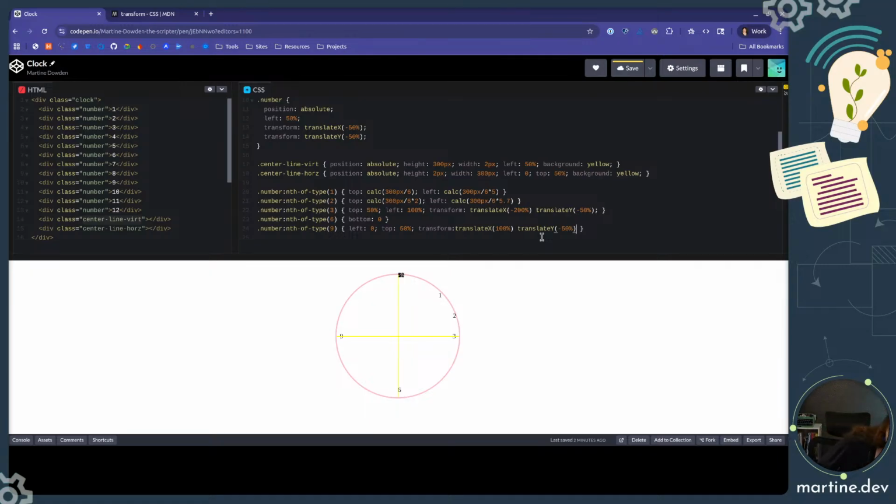Now actually adjusts our 2 a little bit. So our 2 needs to come up and over, because we have it essentially on the line, but we need to adjust it by its own size, right? So we need to adjust it by, it's not going to be exactly that, but it's a good start, right? So negative 100 on the x. And with the 1,